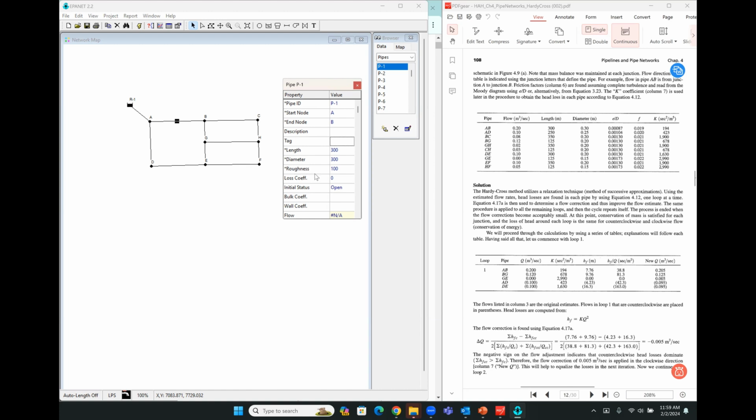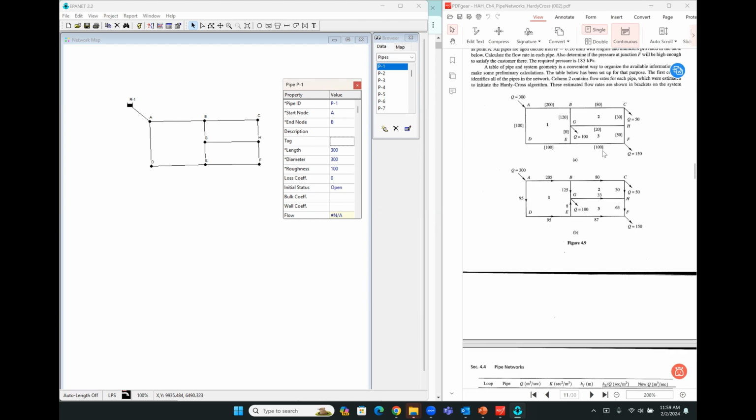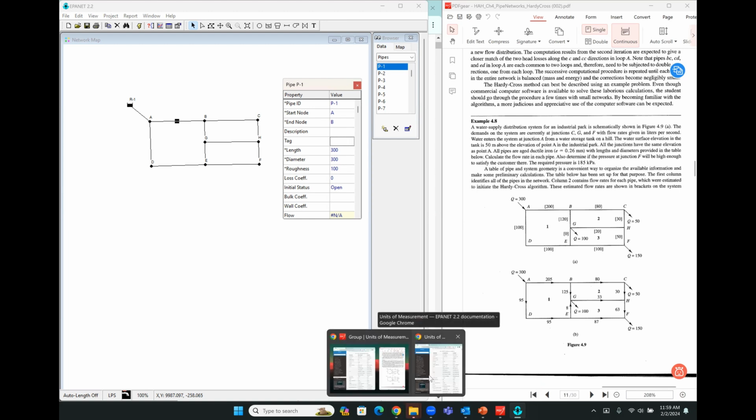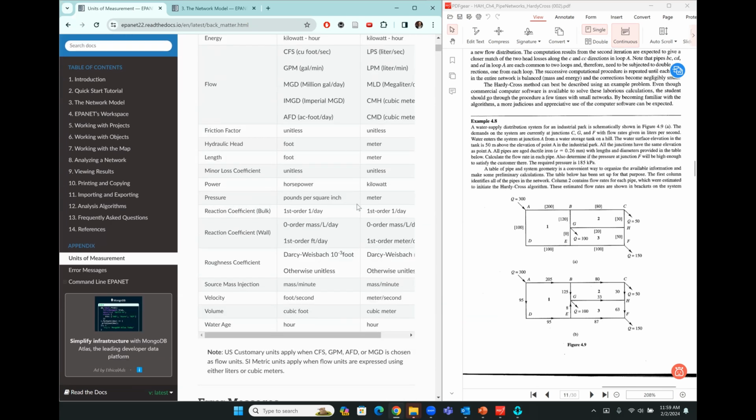Excuse me. And that one is fairly important. So what we want to do is go back to our problem description, and it does give us: all pipes are aged ductile iron with an E of 0.26 millimeters. So that's going to go in this roughness property. So let's go back to the default units and check what units EPANET expects this to